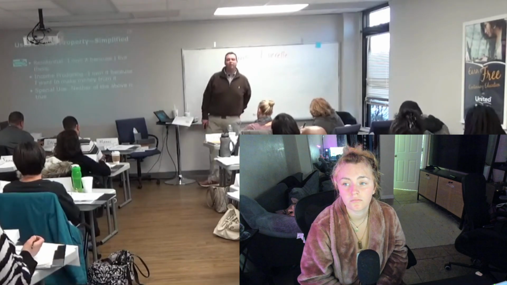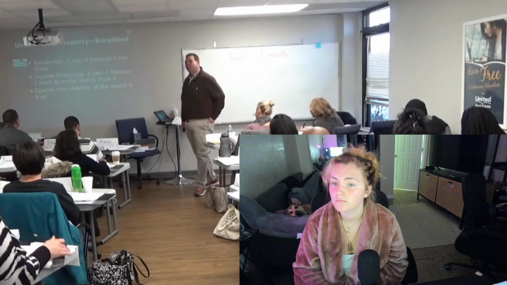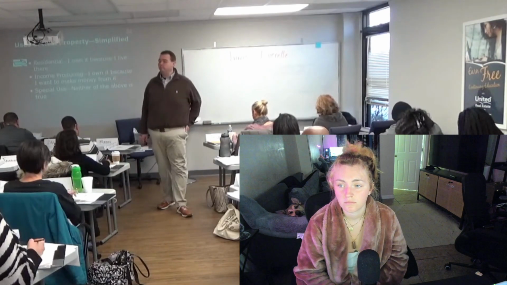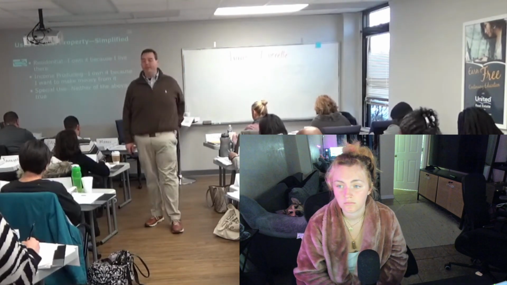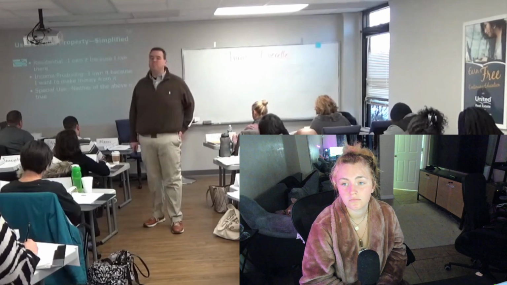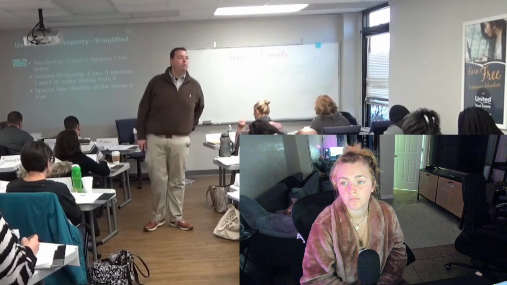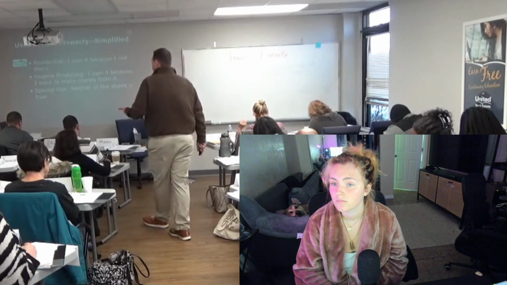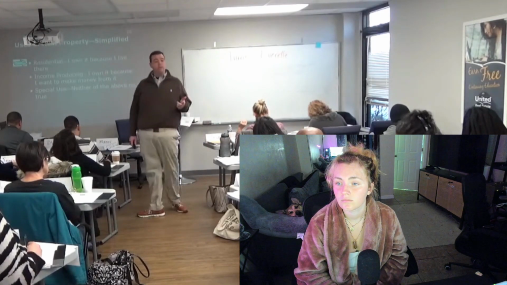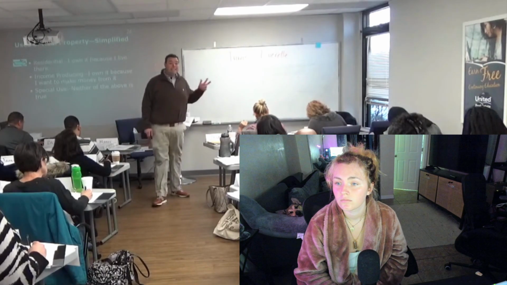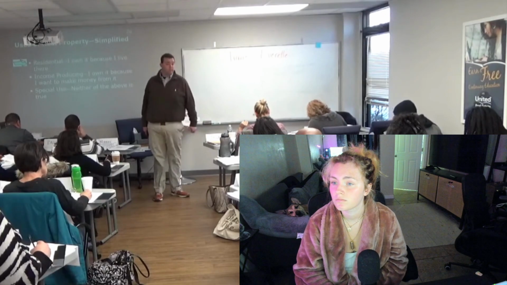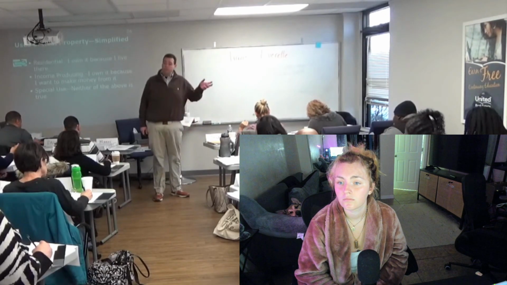Residential. I bought it because I want to do what? Live in it. I own it because I want to live there. Second category, income producing. I bought it because I want to do what with it? Make money. So that would include commercial real estate. That would include industrial real estate. That would include any type of real estate that we have purchased in order to make a profit, to generate